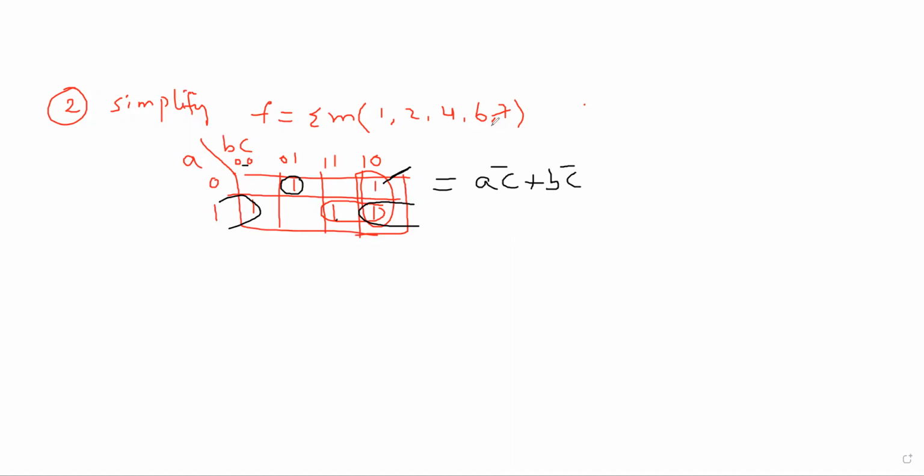And let us consider this one. Okay, now if you observe that once again we are having only one row, therefore A will be a constant one here, and two columns are there, therefore B is going to be considered. Then plus, if you observe that an isolated one is there, here A complement B complement into C. This is the solution for the given question. We will see one more example for that. Is it clear?